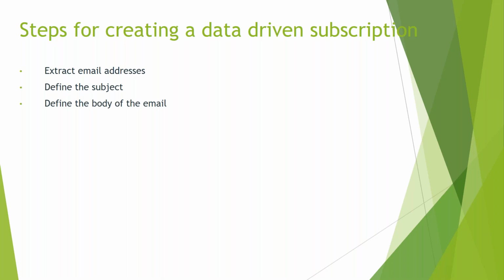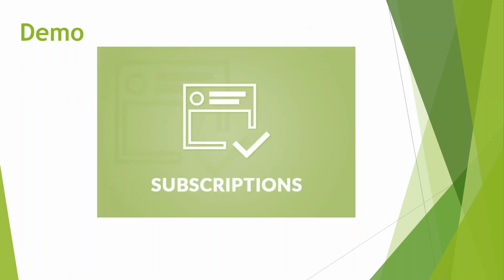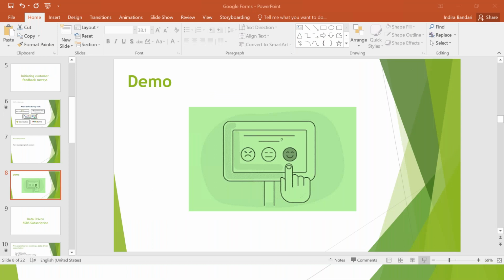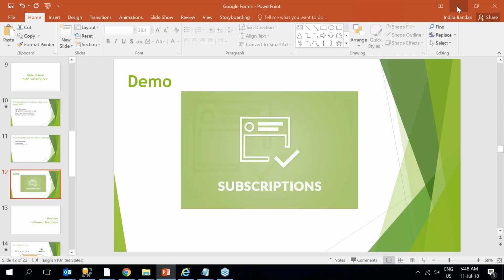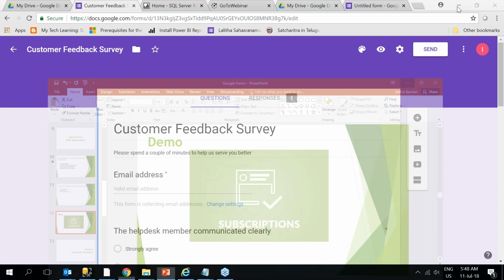So the steps for creating a data-driven subscription are: extract email addresses, and you can define the subject and also define the body of the email. And one more thing that you can do is, if you have certain criteria to pick the customers from your database, you can do that as well. So again, coming back to the demo of creating a data-driven subscription, the first step is to define